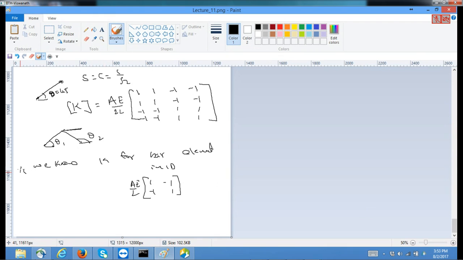We use this, and then we got the transformation between local and global, that is, we showed that our A bar is given as transformation times A. Depending upon 1D, 2D and 3D, the shape of this transformation would change. And if you know this transformation between local and global coordinates,